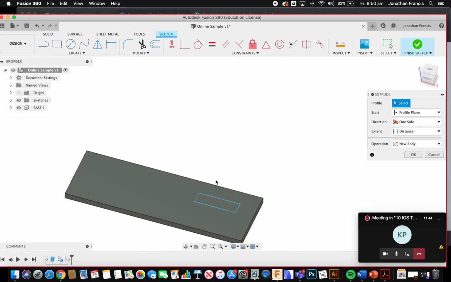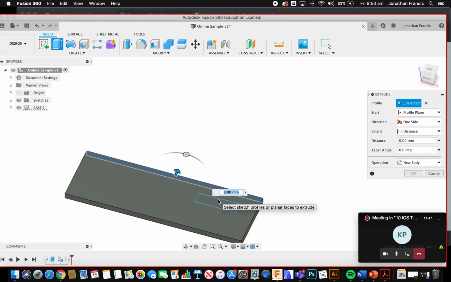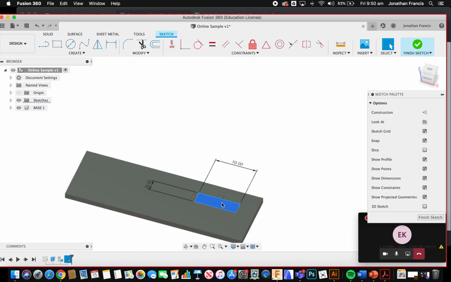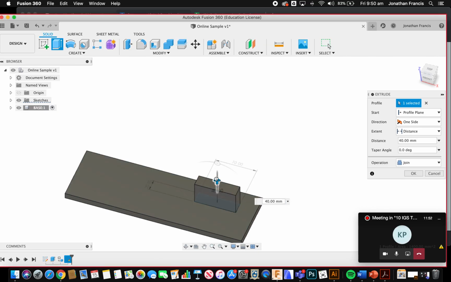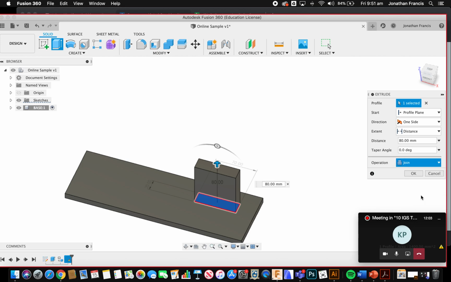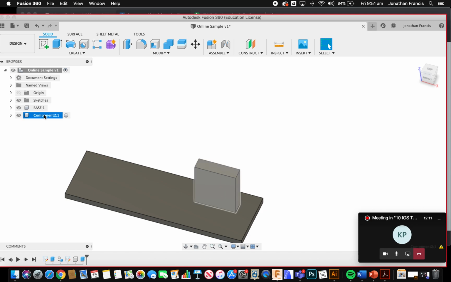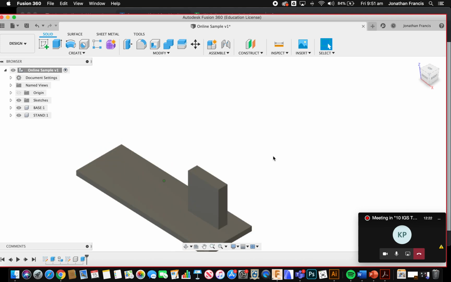So select that rectangle. E for extrude. We're going to lift that up 80. We don't want to join in our operation, so over to your extrude dialog box, go to new component, and select OK. And the component comes up. We're going to call this the stand. Okay, like I said, this is going to be a very basic